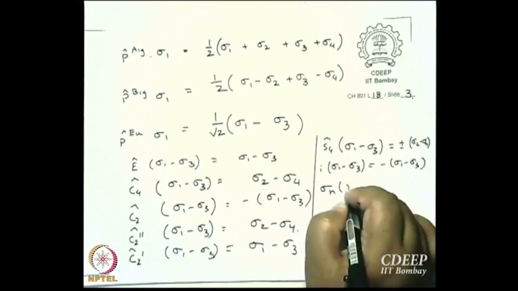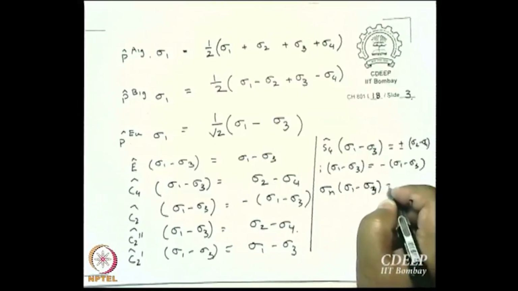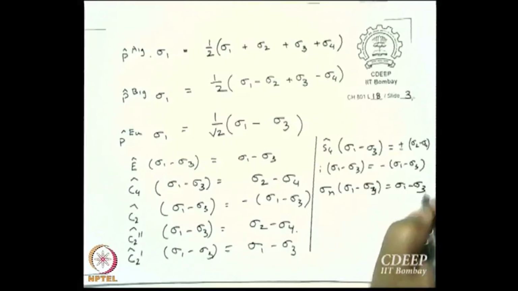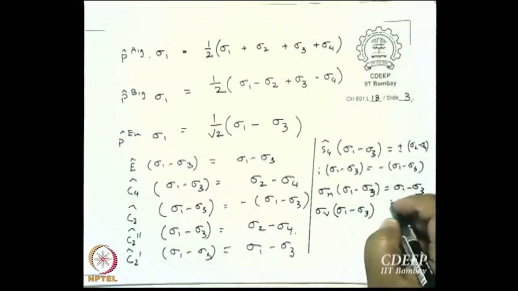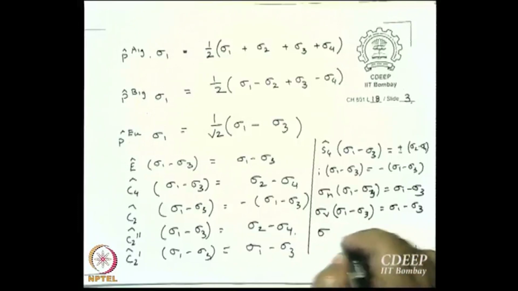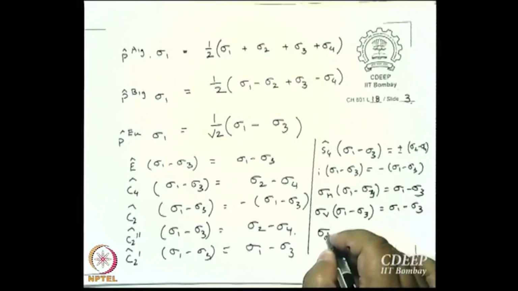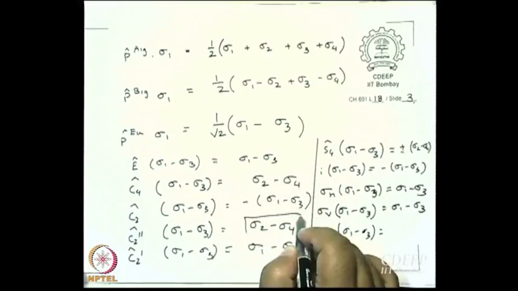Sigma h, that is too simple. I will not insult your intelligence by asking you this. Sigma v, sigma v. Okay, you don't want your intelligence to be insulted, so I will write it. Sigma d, plus minus, right? Plus minus, fine. Sigma d, sigma 1 minus sigma 3, once again. Yeah. So then, sigma 2 minus sigma 4 is the fourth,